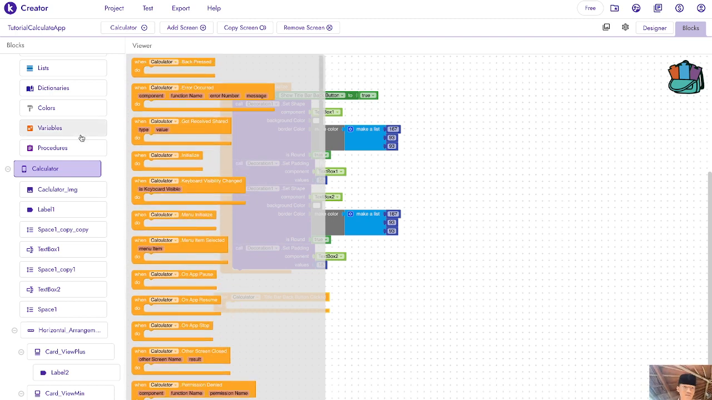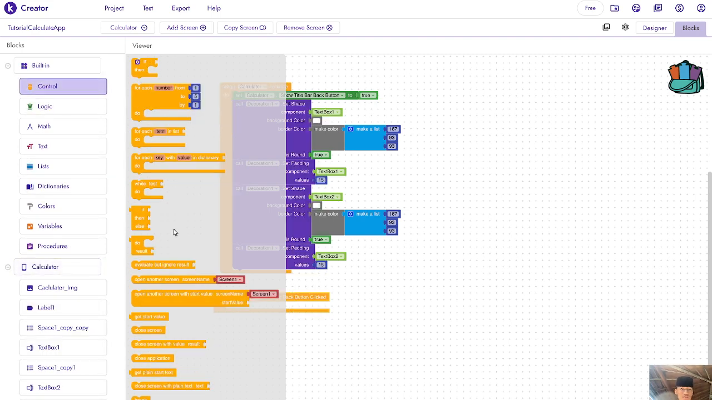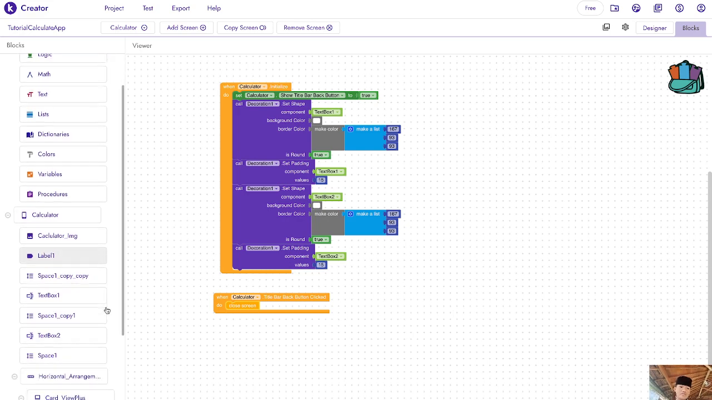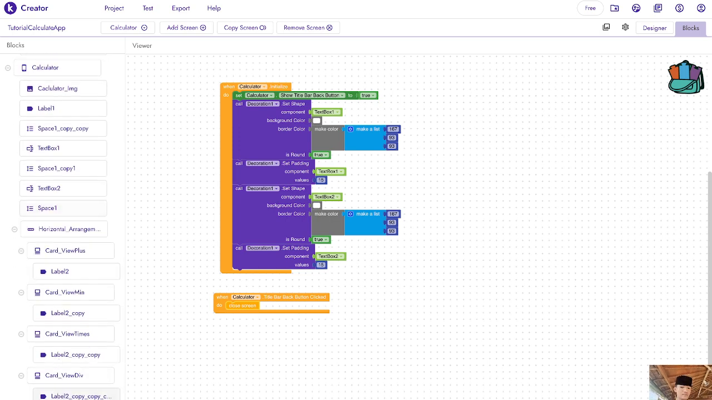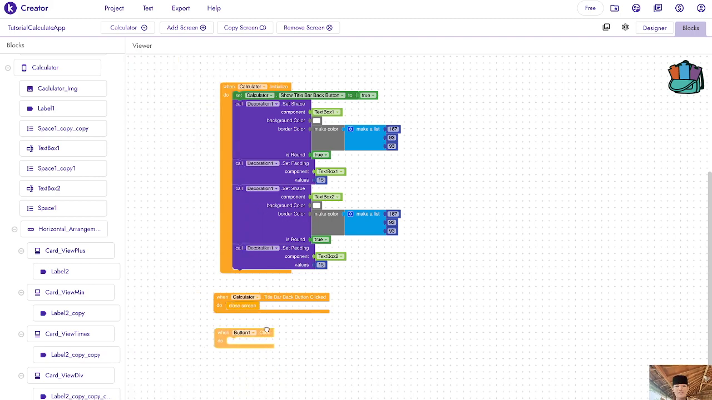What is close screen? So on control. So go to control and close screen here. That's for back button things. Back button code. Next is delete button. So where is the delete button here? This button one or delete button. So when button one or delete button click, what's going to do there is